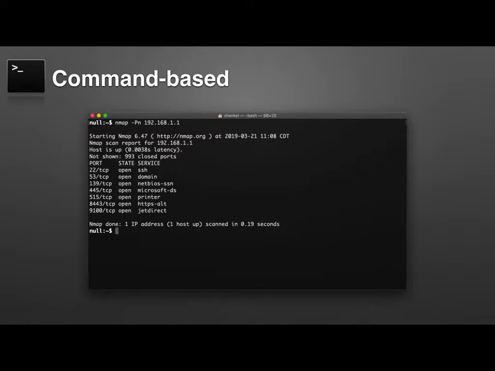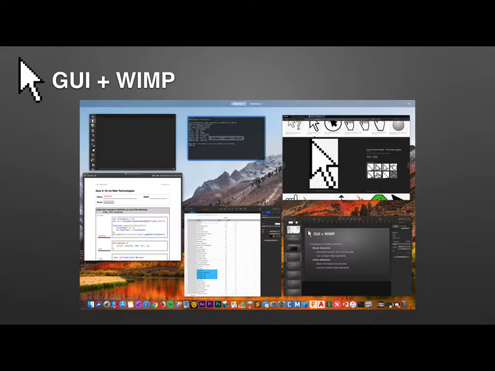And so while command-based is the first form of interface that we've had, it's certainly not gone. It's certainly not dead. And it's really useful in a lot of circumstances. For people that program and computer scientists, it's still usually a big part of our day-to-day development efforts, and it can be really useful for that. But for the most part, today we use the GUI plus WIMP approach to things, which is windows, icons,